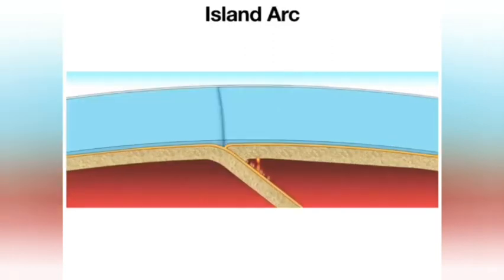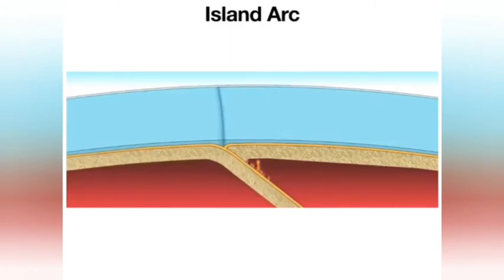We also have island arcs. Now, very, very similar to a subduction zone. The only difference is that this is oceanic to oceanic, so no continents involved here. The one thing that's tricky is it's a little hard to tell which plate is going to subduct, being that they both have the same density. But eventually one plate, usually the older rock, will sink under the younger rock.